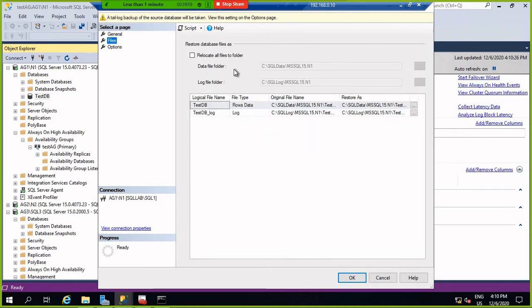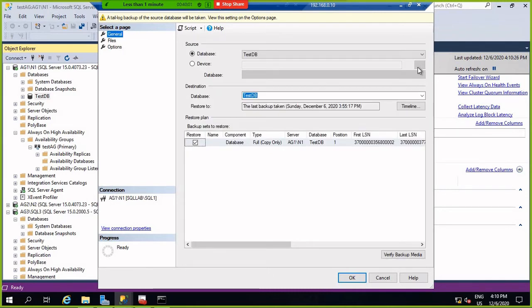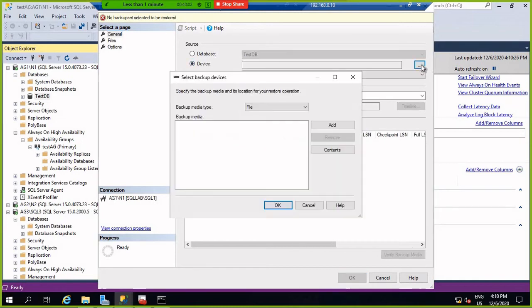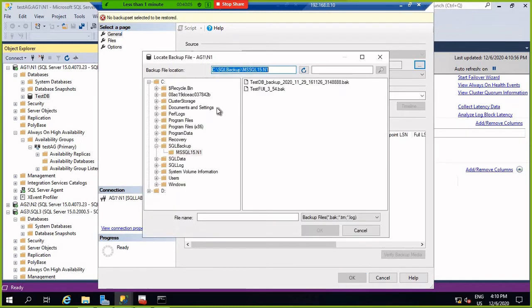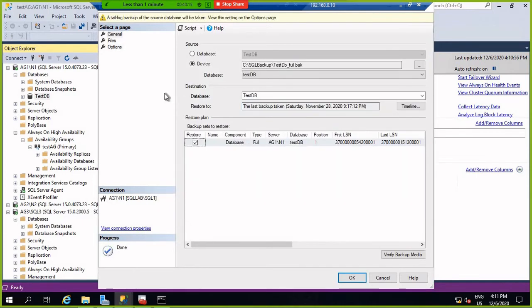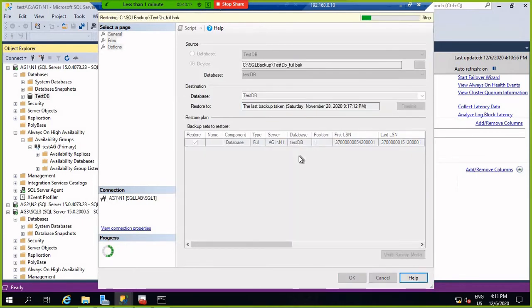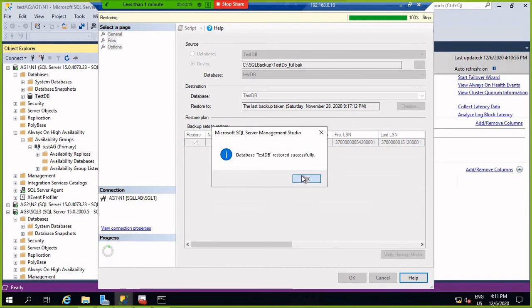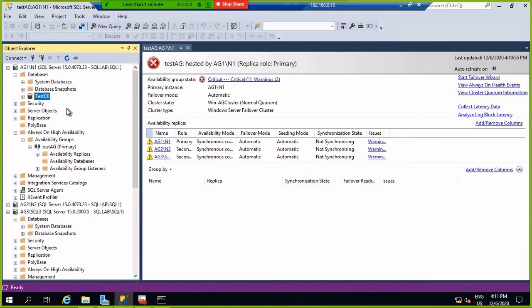Perform the database restoration. Here is a backup, just restore it. Okay, the database backup restoration is done.